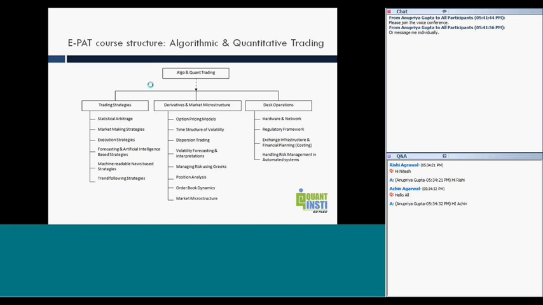Then you have the trend following strategy, mostly technical based, and that's for the basic trading strategies part, basic trading and startup kind of strategies. Then you have derivatives and market microstructure, in which we go through the different option pricing models, so you can apply algorithmic trading models for